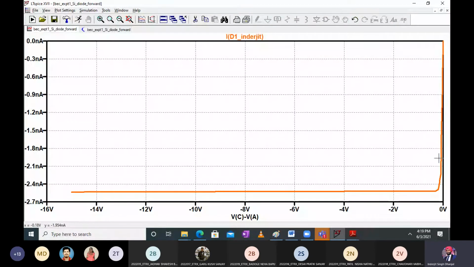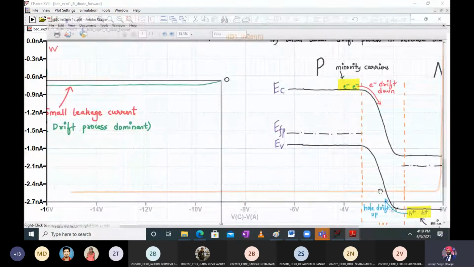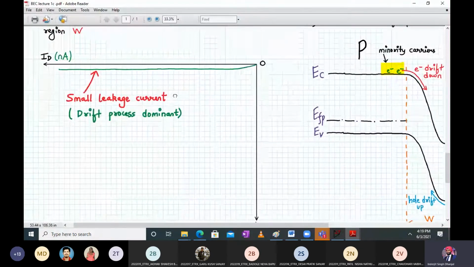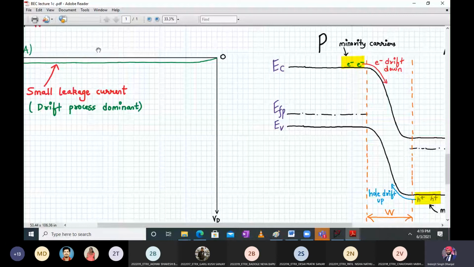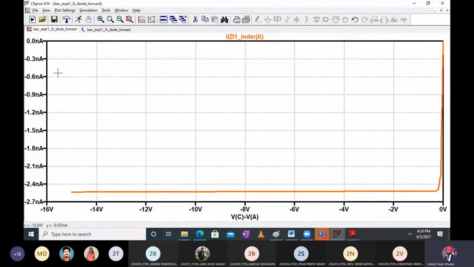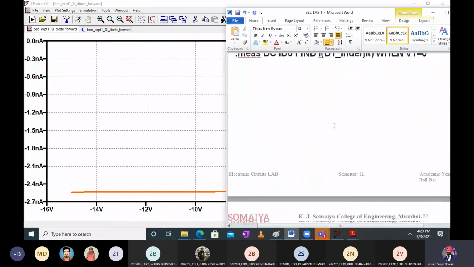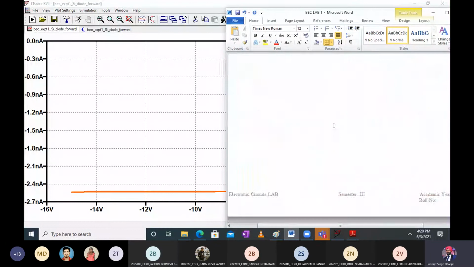The red curve is going down and then it remains almost constant, similar to what we have discussed in the class. See this, except that the axes are wrong, but this is what is happening. This is the small leakage current, which is going to be in nanoamperes, as I have told you. So this is the proper graph. Okay, everyone got this? Yes, sir. Take the print screen and attach it in your write-up for the record.